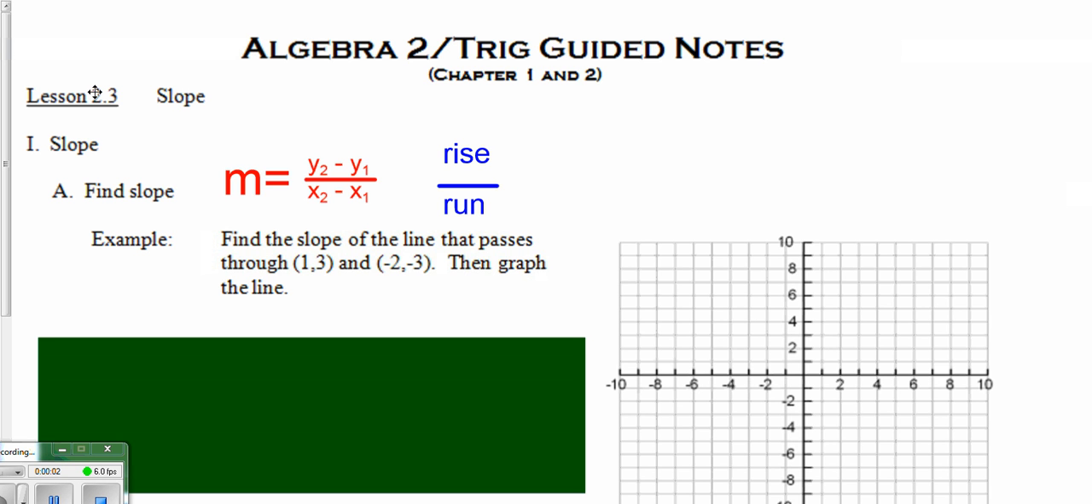Right, now we're looking at lesson 2.3, which is all about slope. We've looked at slope and how it relates to linear equations before in previous classes, different topics from algebra. So this should be basically a review. We will also review a little bit in this lesson